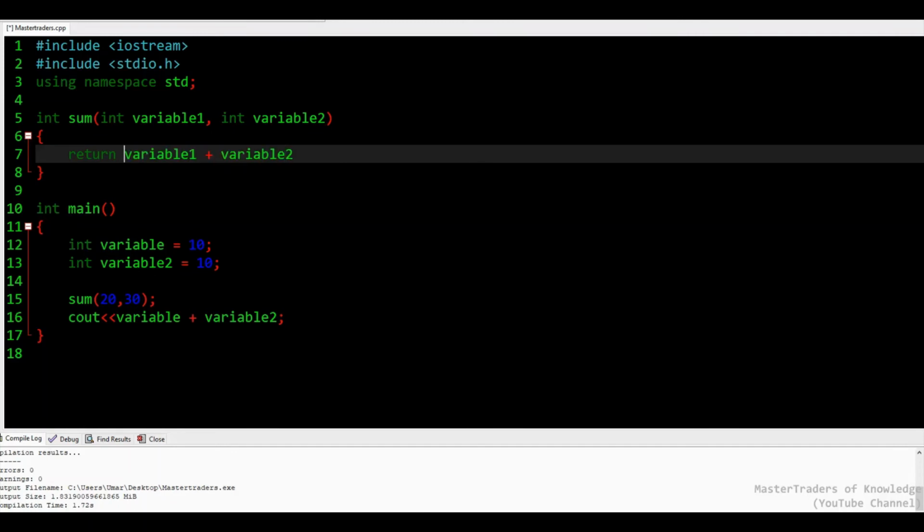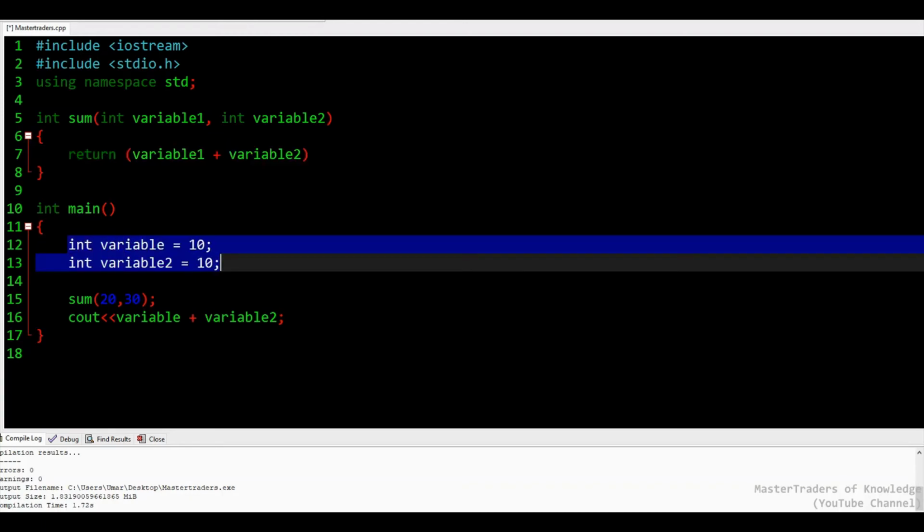To make this code simpler, I will add two small brackets here. You know that in maths, the smallest bracket gets executed first. So the compiler will add these two variables first and then return the value. Okay, so now